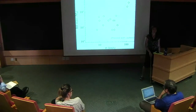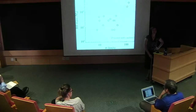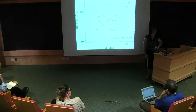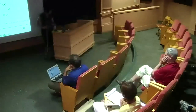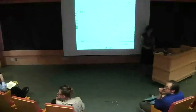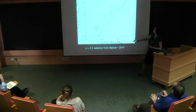So to what extent does feedback, well, how good is the feedback? Where I'm getting is what fraction of the incoming matter is halted or expelled? Well, it depends on galaxy mass. So the other plot I can show you is the baryon fraction. Yes, I have this plot here, which is also in my paper, of the stellar mass